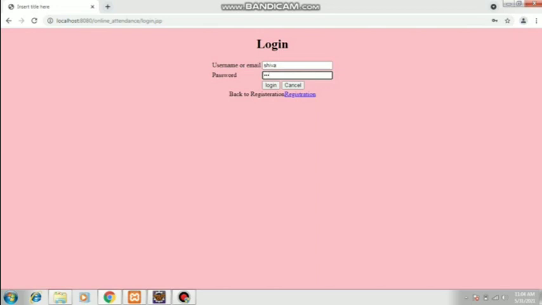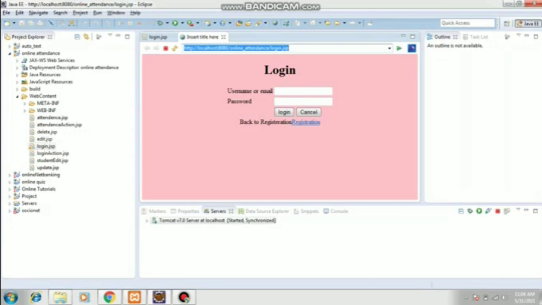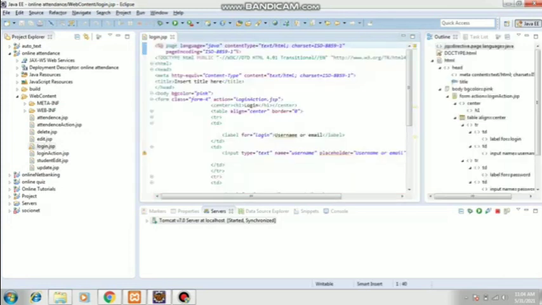Now you need to set up connectivity from this page to the backend. For that, again you need to go to the Eclipse IDE. Now in this Eclipse IDE, you might have seen some of the code over here, but you need to specifically observe the form tag. The form tag should have an attribute known as action.